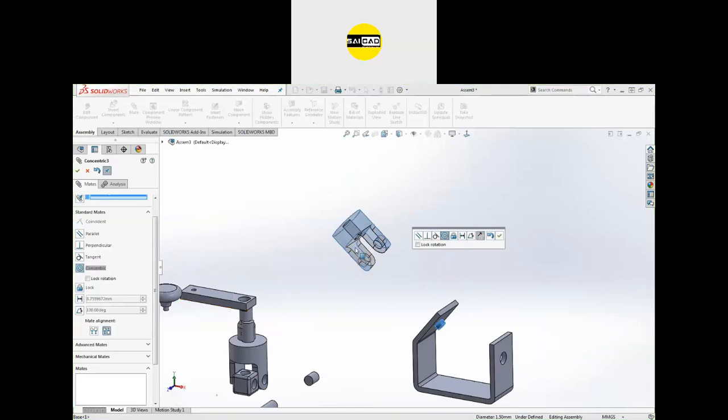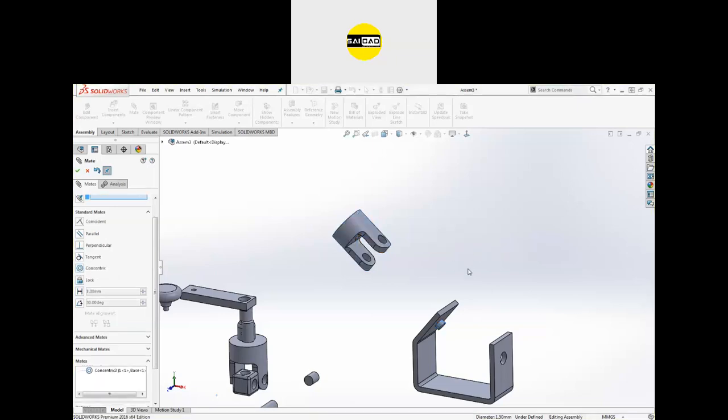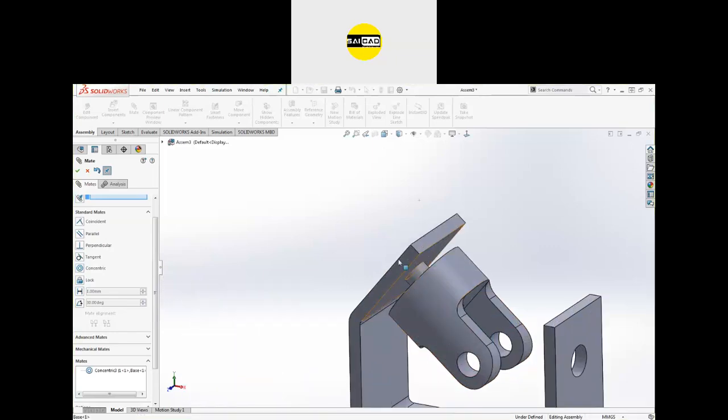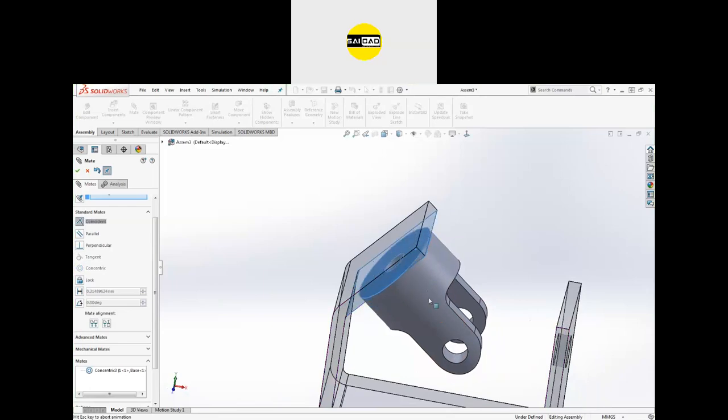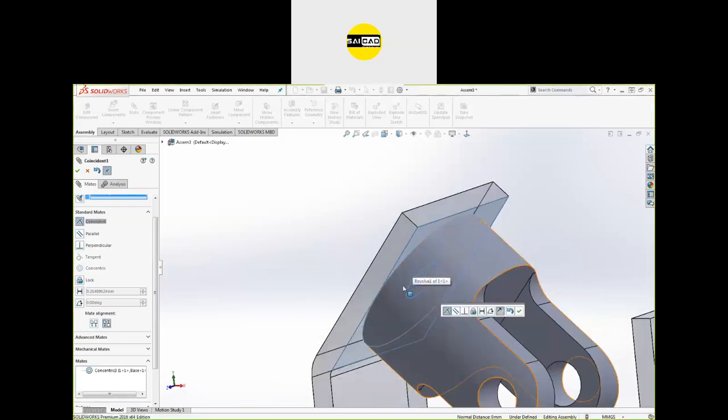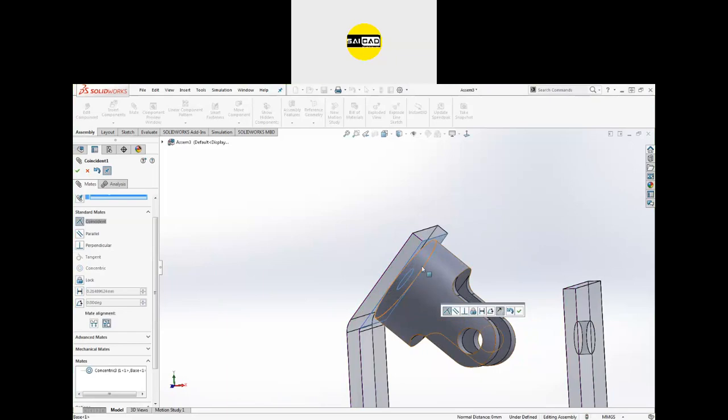Okay, so now this part can be rotated around its axis. If you want to lock the rotation, you can click here, lock rotation. I don't want to make it fixed, but I want to make it rotate. You can see this object can be moved in this direction and can be rotated around its axis like that. So I need that rotation, and if you want to make it fixed, you can just click on the surface like that, and both of them will be made coincident. Face to face will be joined.